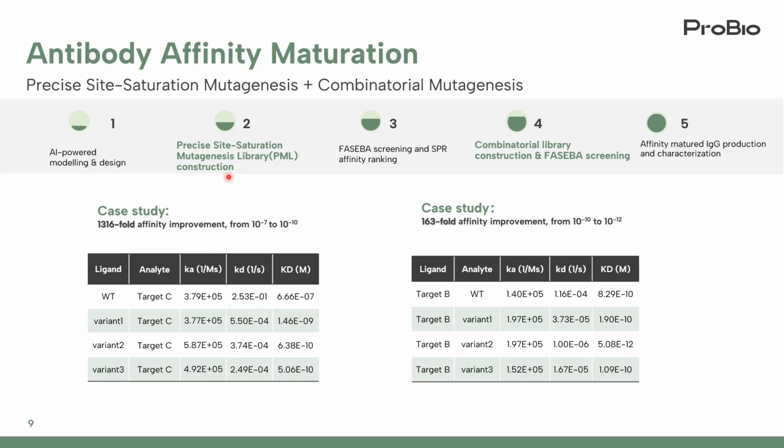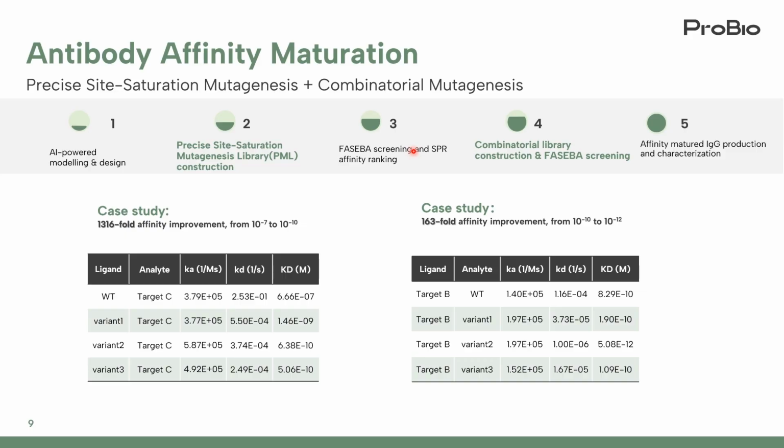A precise site saturation mutagenesis library will be created for each of those hotspots in the CDRs. Then an E. coli-based expression system called FASIVA will be used to express this mutation library, and the supernatant from